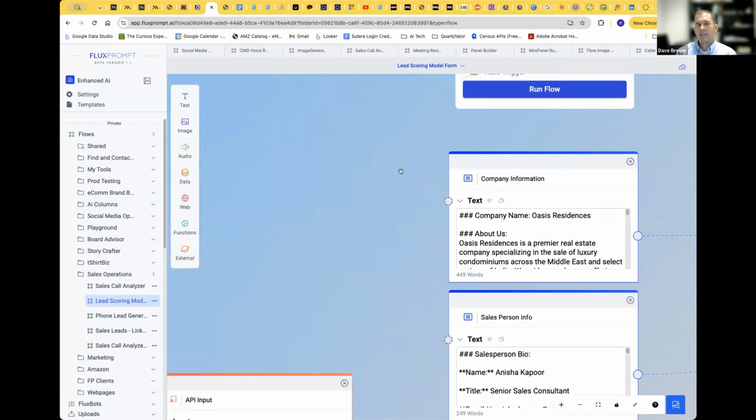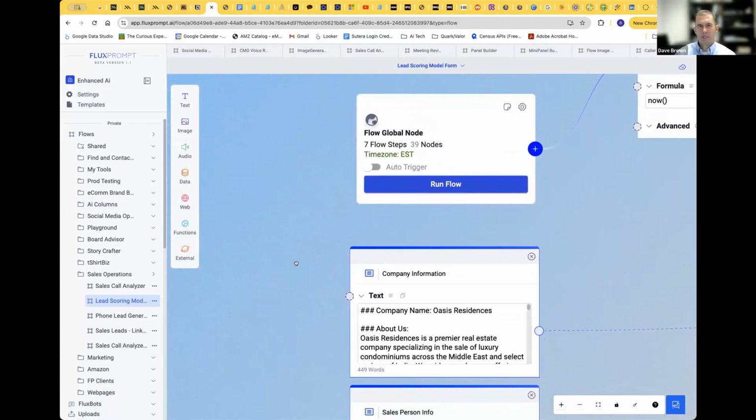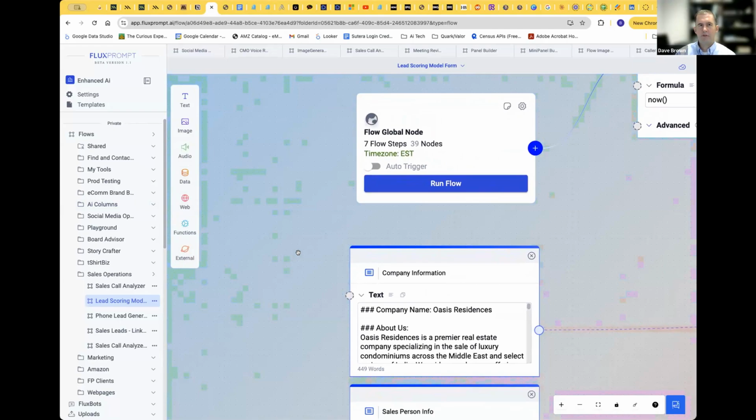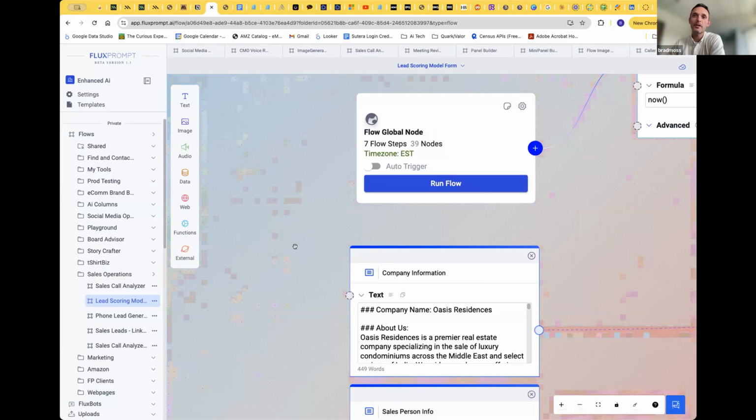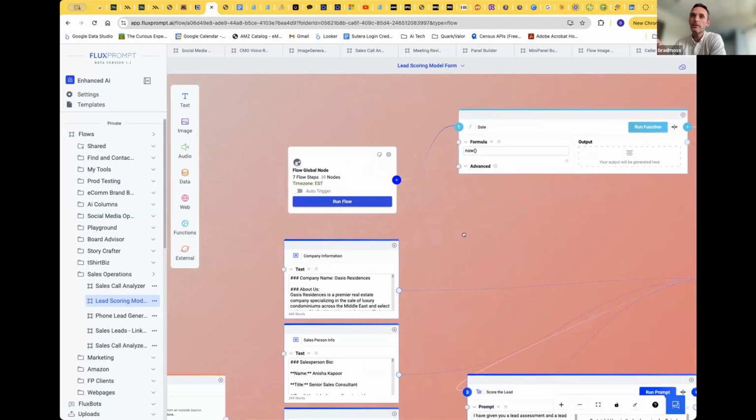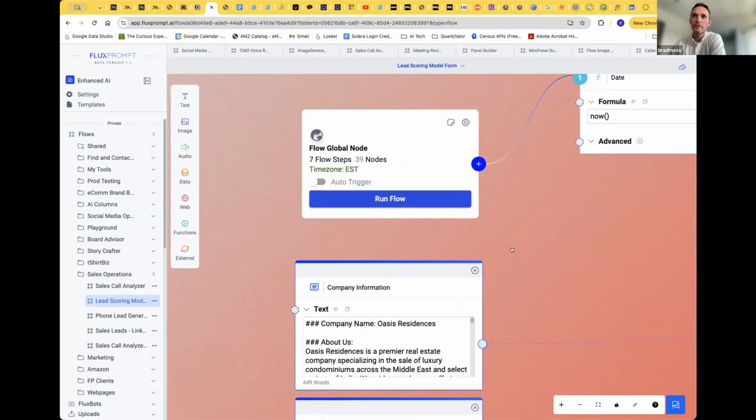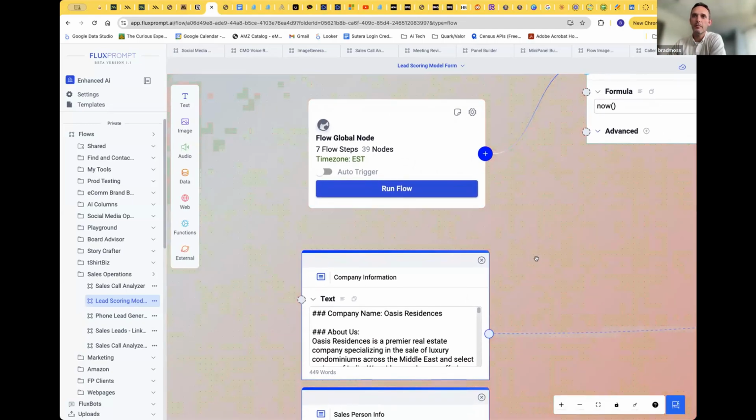Yeah, and I've got to say, there's a trade-off between complexity of a system and ease of use, right? When I first saw FluxPrompt, I thought, ooh, that looks like there's a learning curve. It looked like it could be hard to learn, but that's not been my experience at all. At least for the stuff I've done, it's very straightforward. So don't be intimidated by that. I was going to say, you are not the first person we've heard that from. Every time it's like, oh, this looks a little complicated, and then within 15 to 30 minutes every time.